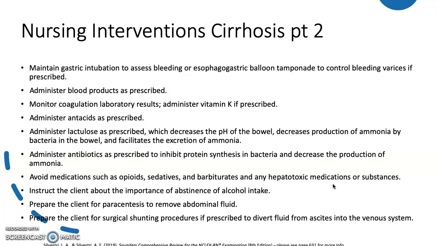Depending on what the complications are, we may have to maintain gastric intubation, administer blood products as prescribed, and this is in late stage disease. We're going to look at coagulation laboratory results. They may need vitamin K, antacids as needed,